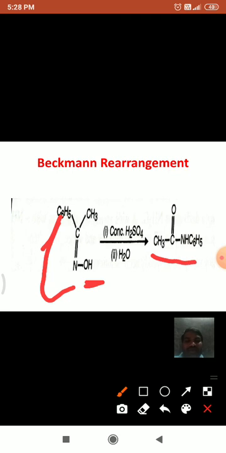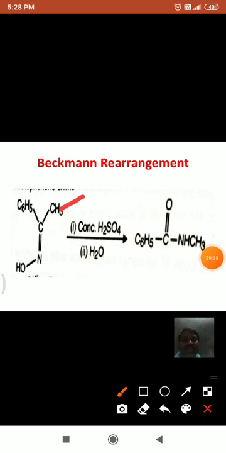For example, see here, in this reaction the C6H5 group is anti to the OH group, so this group migrates and we get this type of product. See here, the C6H5 group migrates to nitrogen and this type of amide is formed in this reaction. And if you observe this molecule, the methyl group is opposite to the OH group. So in the presence of catalyst, this methyl group migrates to nitrogen and we get this type of substituted